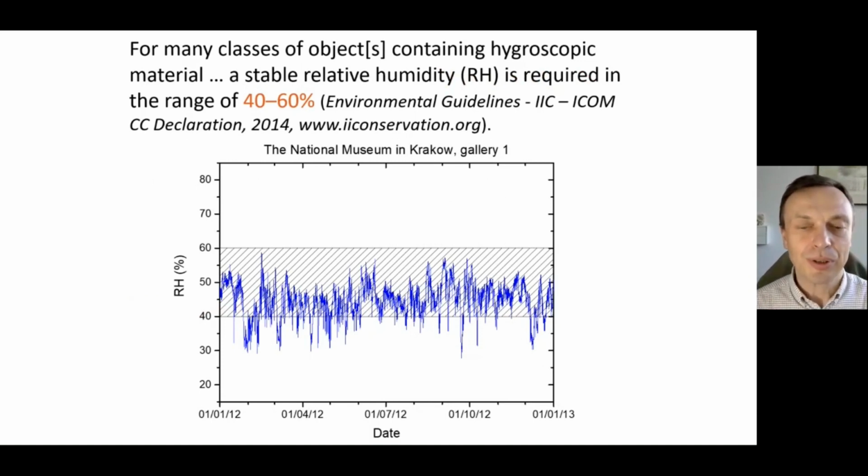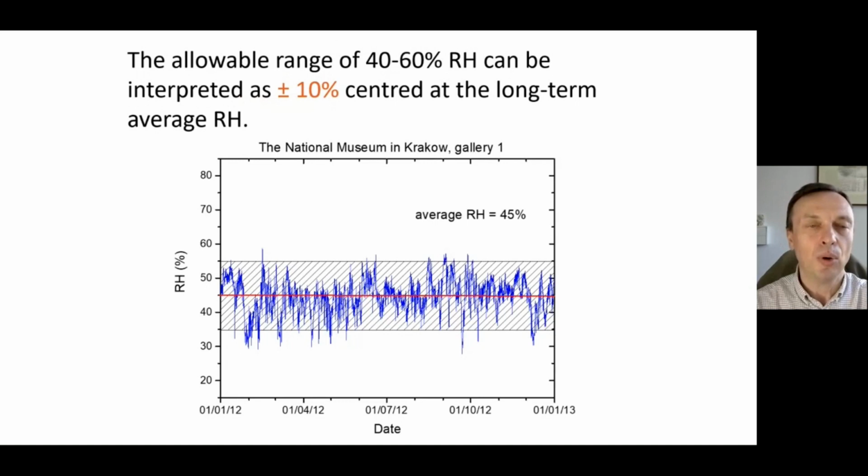For example, here you can see the relative humidity variation in one of the galleries of the National Museum in Krakow. And we can interpret the environmental guidelines of IIC, ICOM-CC, 40-60%, as plus minus 10 around the long-term average level of relative humidity. And in the case of the National Museum in Krakow, this was 45%. But still you can observe that there are some periods in which the relative humidity drops below 35%, and